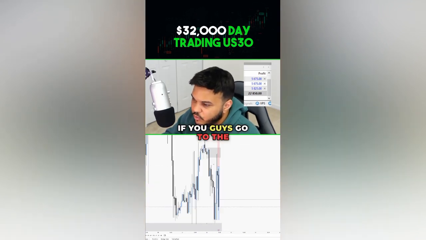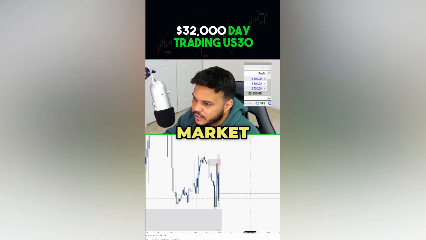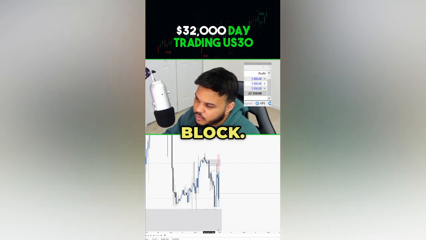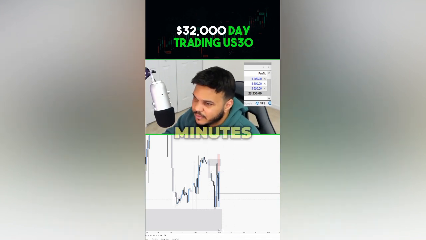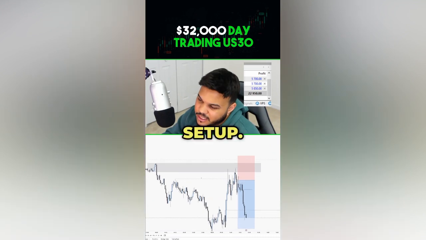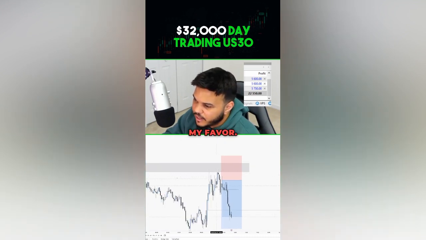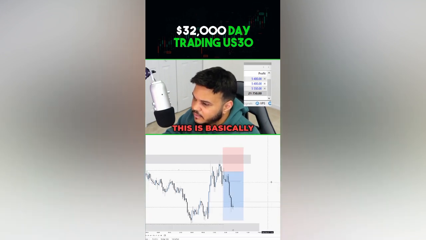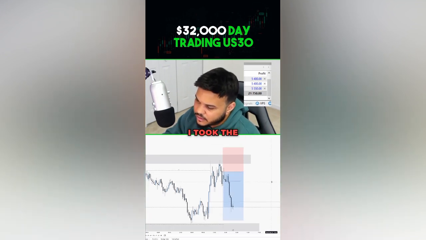If you guys go to the 1 hour, you will see the market is creating lower lows and lower highs. And at the opening, market grabbed liquidity out of the lower high on the 1 hour and tapped into this 1 hour order block. Once I saw that, I went into my 5 minutes time frame to start looking for a setup. And I wait for a break on my favor, you guys can see here, and then wait for a pullback. Market gave me the pullback, I get in,